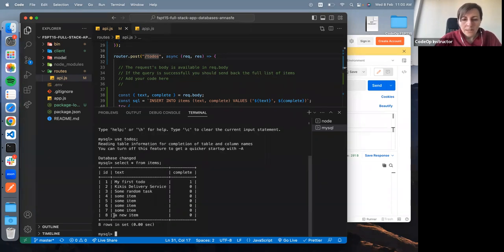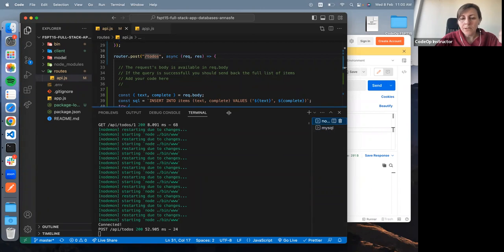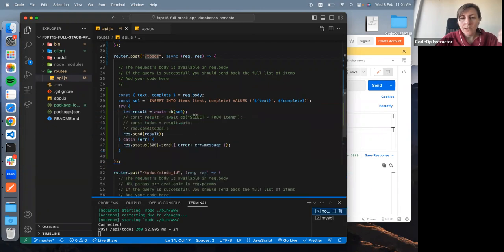And this one is the one that I have just inserted, a new item with a 0 for complete, so it is not complete. So one way it would be to manually check it on the MySQL, but an even better way is to make this same method return, do this select all from items and return all the items